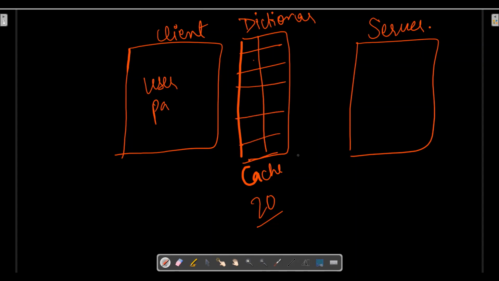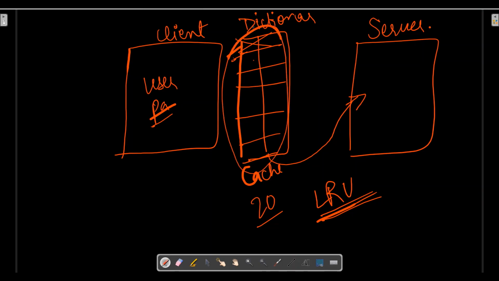So it completely works on LRU. I have a complete video on LRU; you can reach out to that video. I'll give the link in the description below. So if it is not there, it will delete the last one and find that username and password from the server. And when I give the username and password the next time, it will serve the request in less time when we go for cache database.